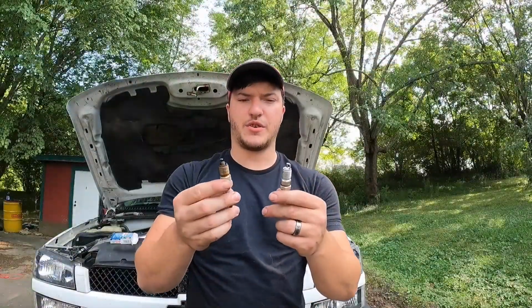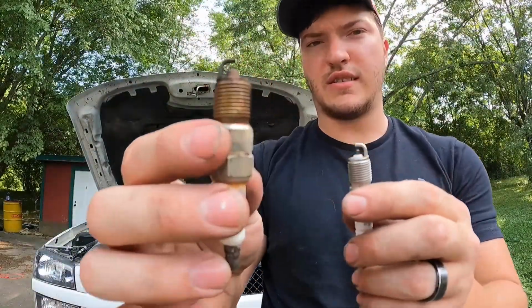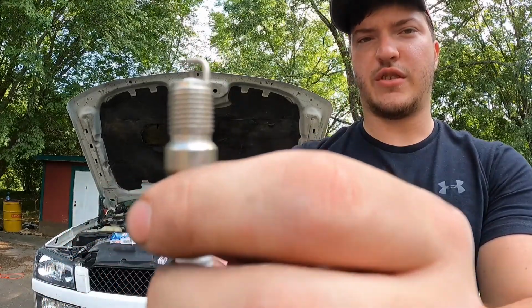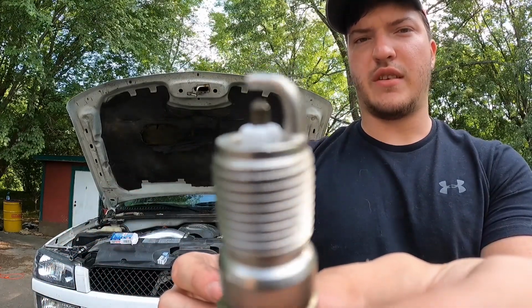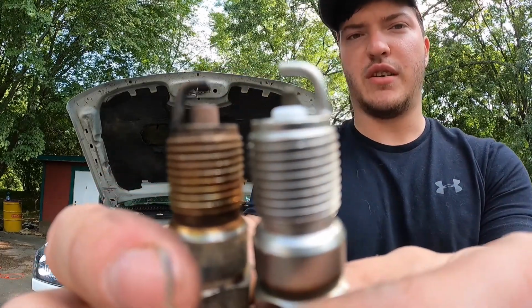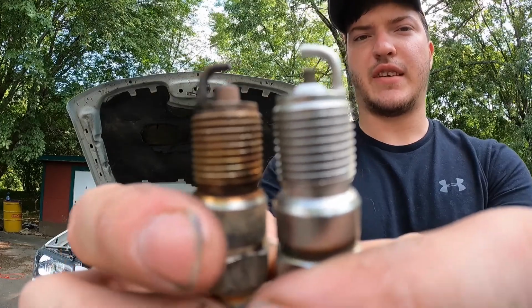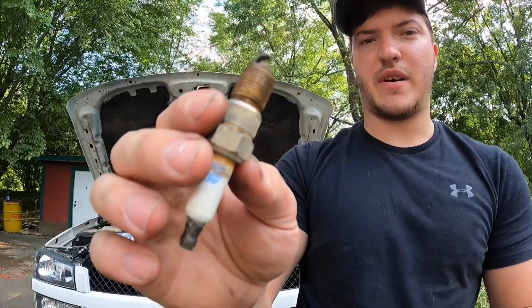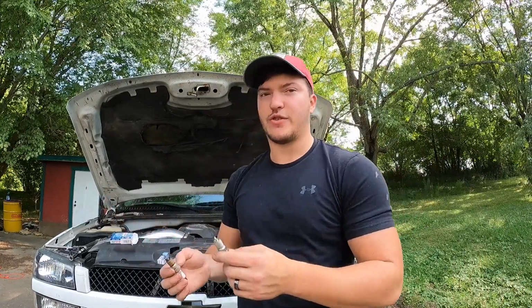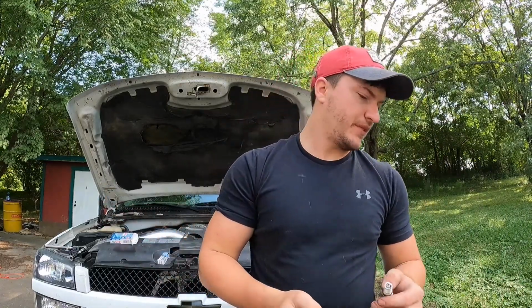guys how it does. And real quick guys, just for reference, I want to show you, this is the old spark plug, and this is what it should look like. Anybody who knows anything about spark plugs knows, but just in case you guys don't, this is definitely a bad spark plug. Like I said, I have no idea how this truck was running, but hey, it was running, so hopefully these will make it